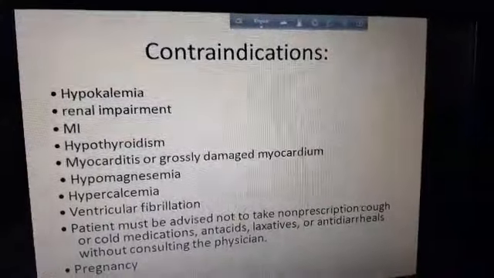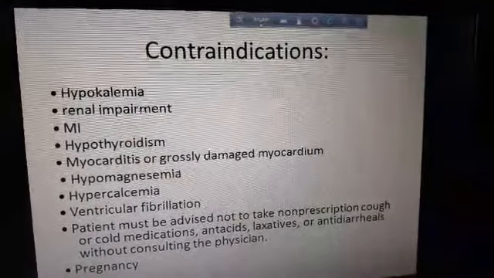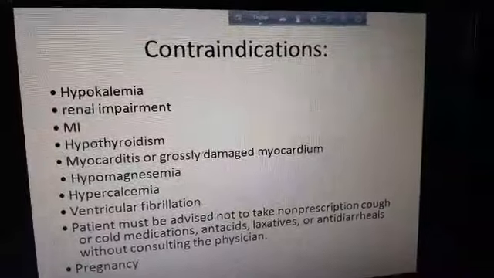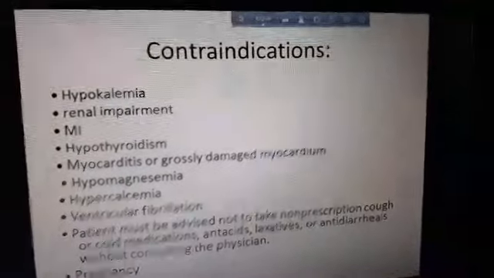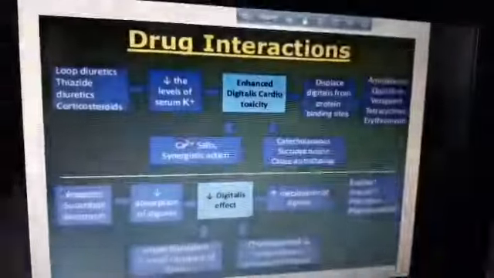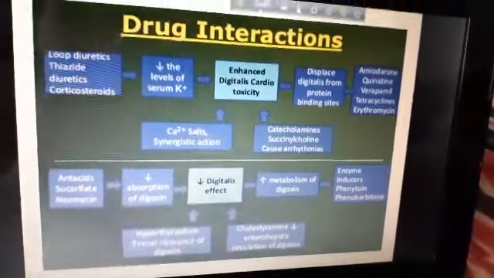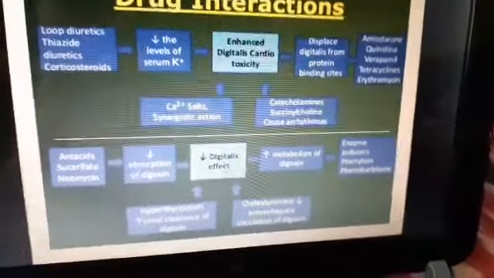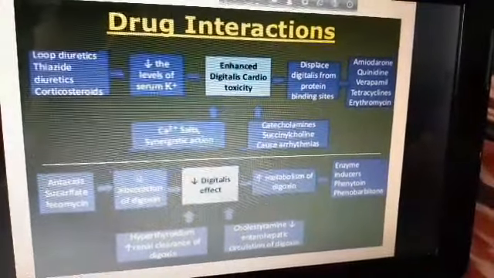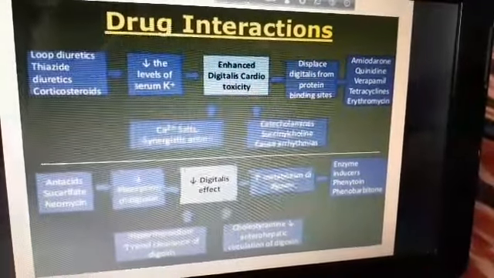So thiazide and digoxin should be avoided, because thiazide causes hypokalemia and hypercalcemia, and both will increase the risk of the adverse effects of digoxin. These are the drug interactions: loop diuretics, thiazide diuretics, corticosteroids. They decrease the level of potassium, so there is enhanced digitalis cardiotoxicity. And also amiodarone, verapamil displace digitalis from